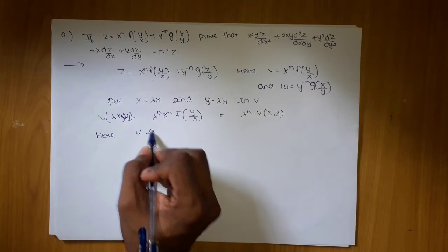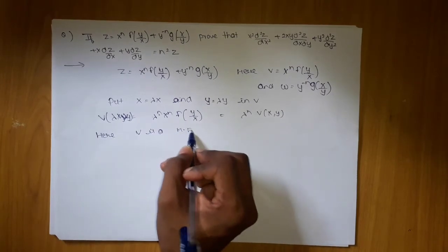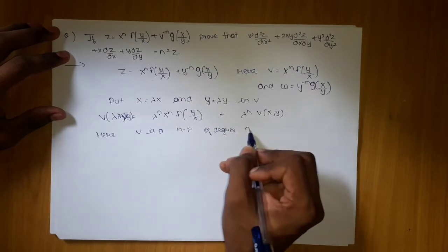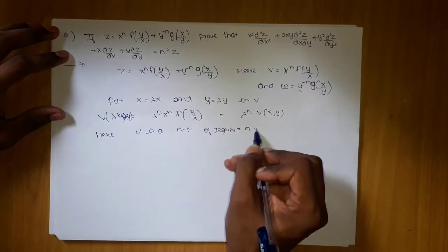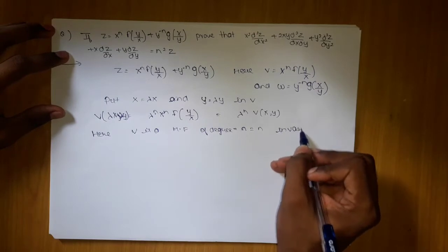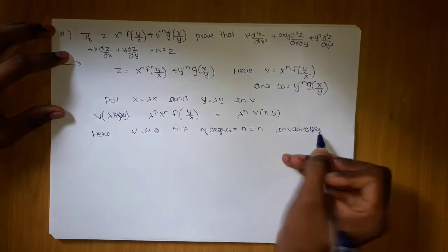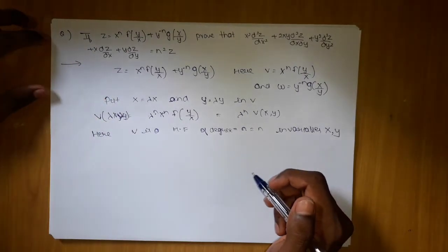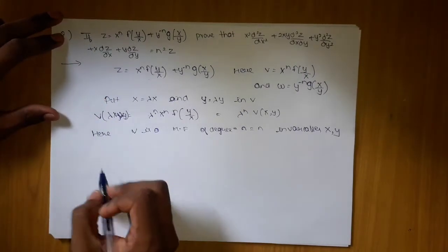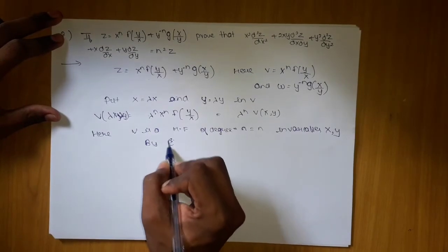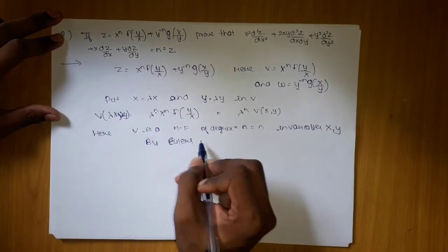V is a homogeneous function of degree, what is the degree? Degree n, in variables, what are the variables? In variables x comma y. Okay, in variables x comma y. After doing this, by Euler's theorem,